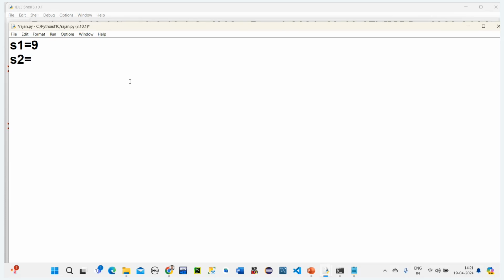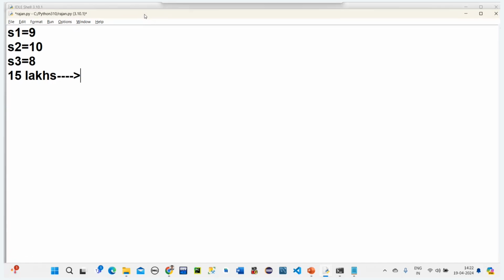S2 is getting 10 out of 10 marks. S3 is getting 8 marks. Like this, the entire Hyderabad. What would be the student population? More, right? For example, just take it as 15 lakhs. If I wanted to give numbering for 15 lakhs, is this a good practice? If I wanted to store all 15 lakh students' details or marks